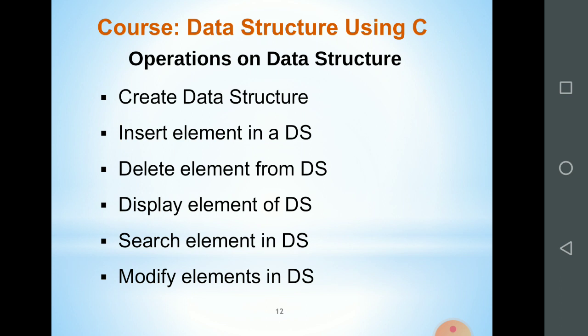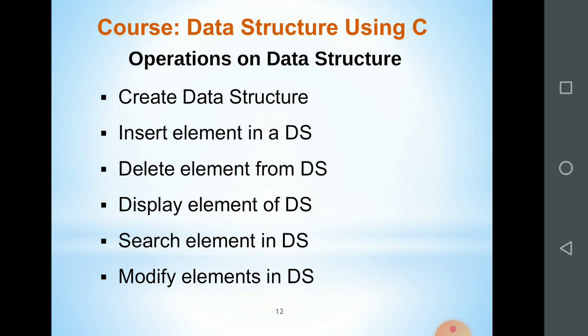All these functions are known to the user, but how they are implemented, how we create the data structure, how we insert the element, how we delete the element, all these implementation details are hidden from the user.